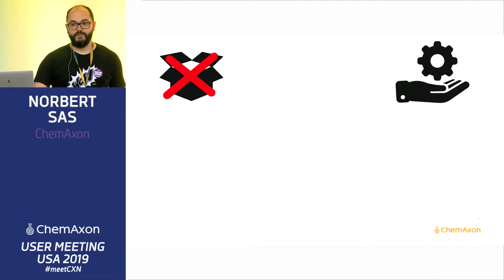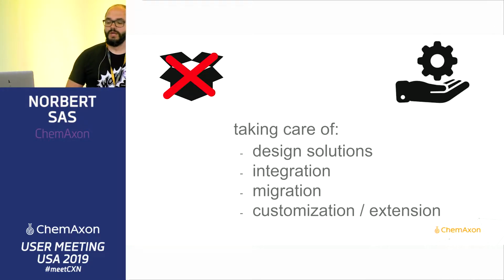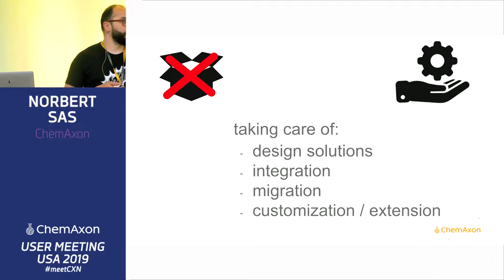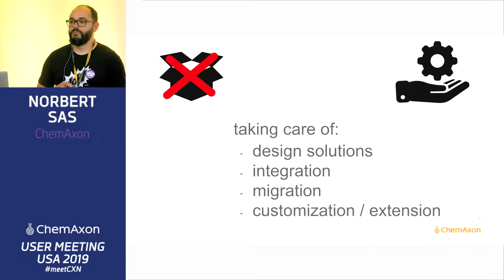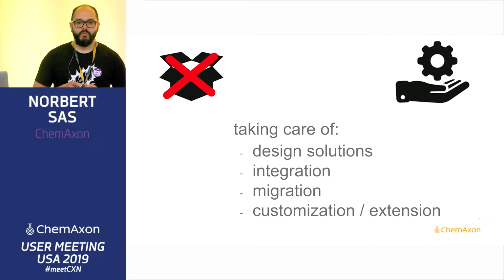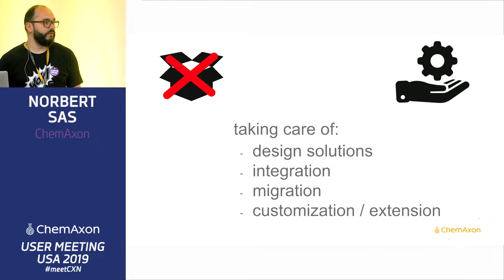We are rather something like a service team, and our main aim is to take care of these four or even more kinds of things that we usually experience when we talk to you, and it is beyond what the off-the-shelf product can deliver. So we do help you with designing some solutions, with some architectural problems. We help you with integrating ChemAxon or not only ChemAxon services into your already existing environment. We do migrations, which is not limited to data migration. That's very typical, but we do workflow and other kinds of migrations, whatever you can imagine here. And of course, customizations and extensions